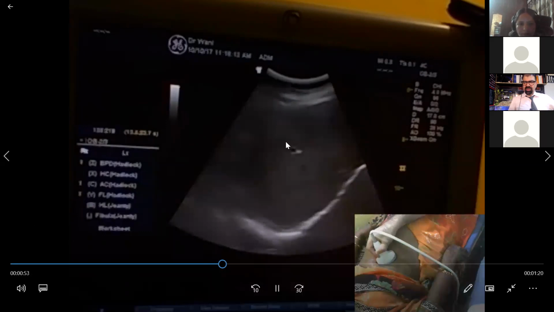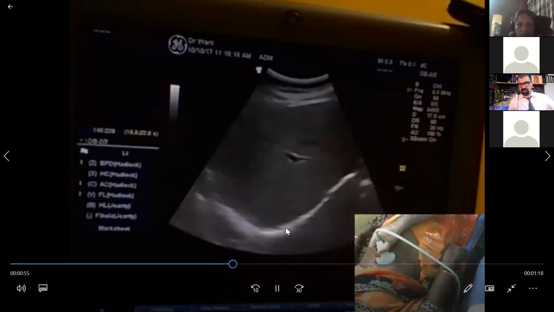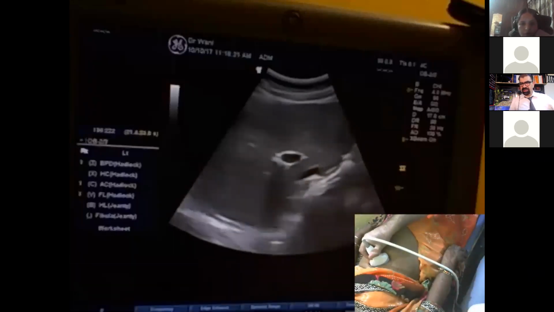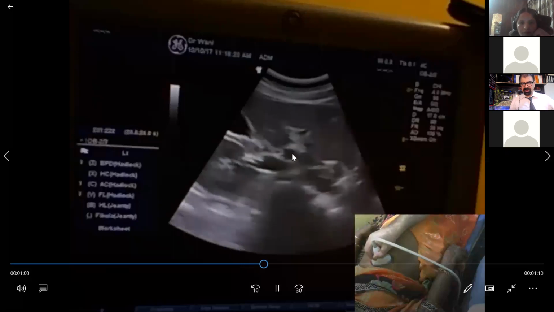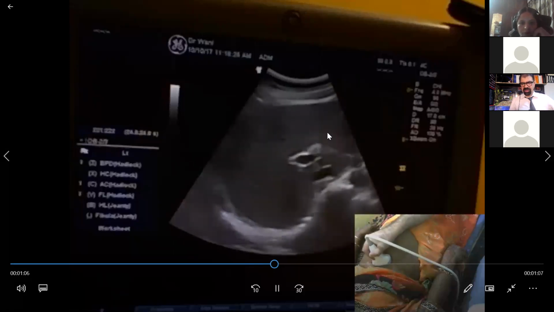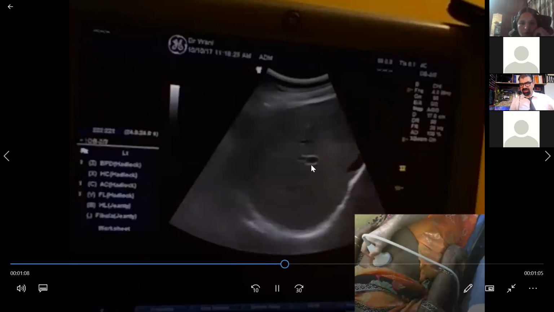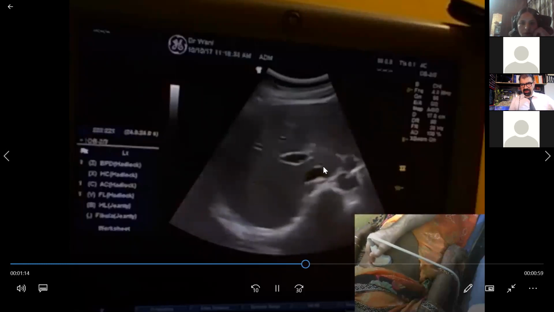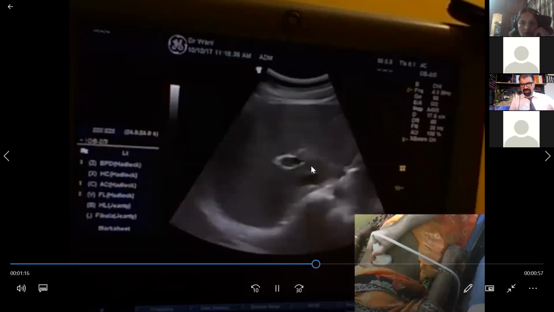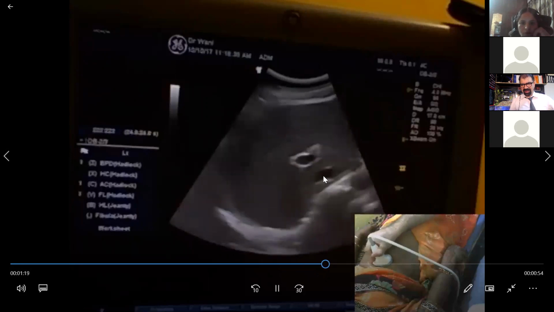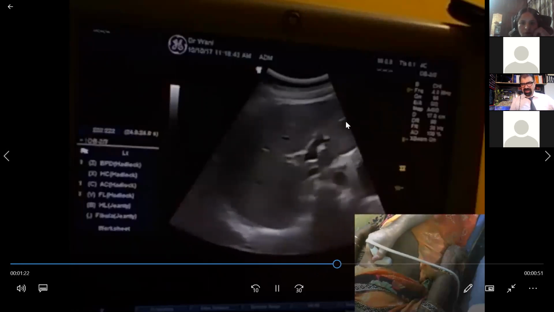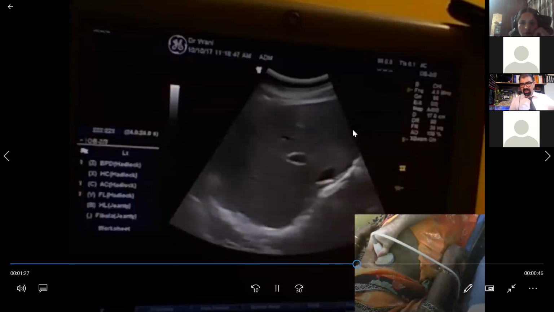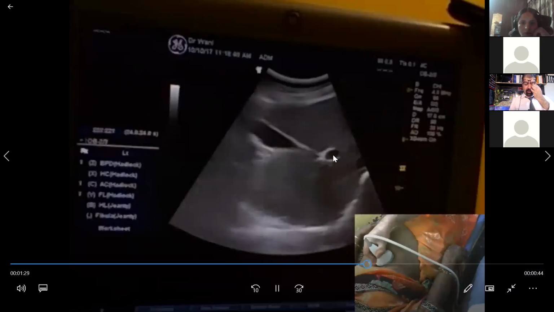So these are the probe movements. This is also in your course, but we are now discussing these videos and clips. Now see the right portal vein and pay attention to the left one, which will take me to the area of interest in portal hypertension. Beautiful. Now see, this is the caudate. This ligament is dividing the caudate from the left lobe, which is what I drew on the blackboard.